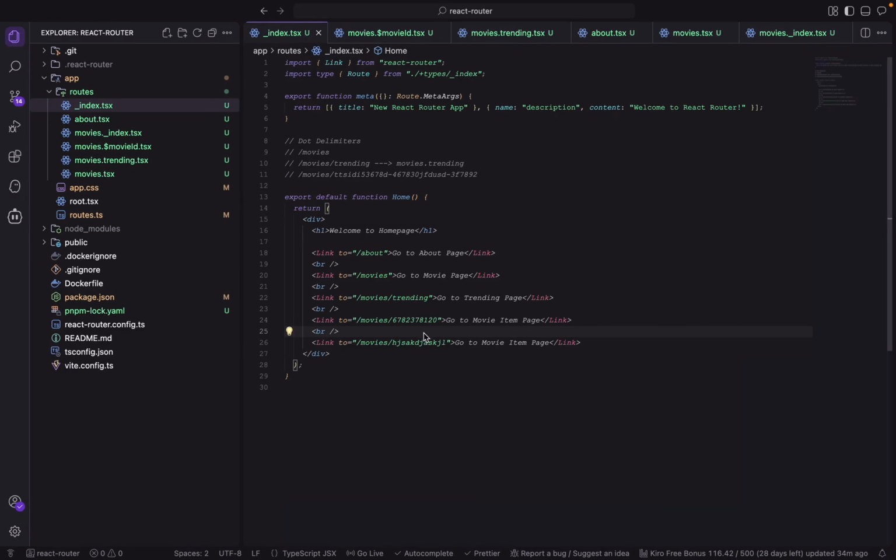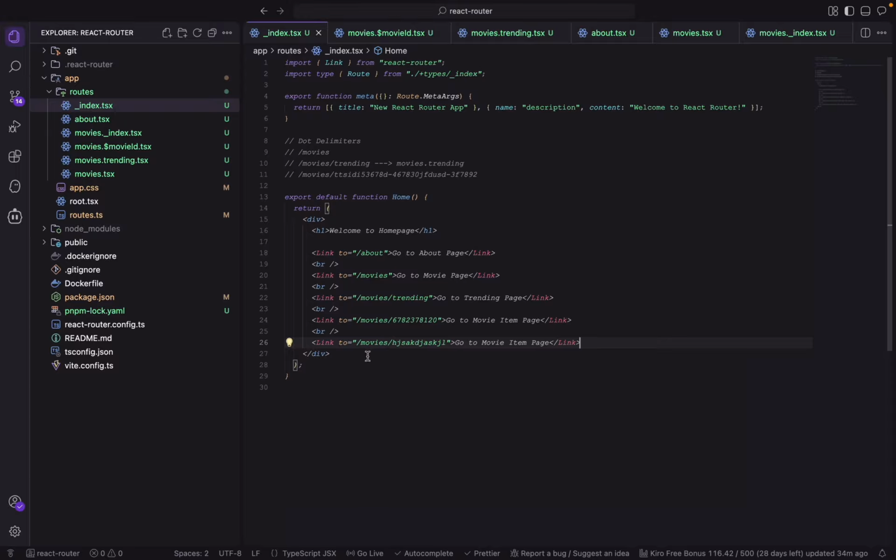So that is how to implement a dynamic route. Later, I will be showing you how you can extract the dynamic value, then do some API fetch and some other things. So you just have to specify movies dot $, then that $ specifies that this value here is a dynamic value, not a static value. So I hope everything is now clear. So that's it. Now let's move forward to